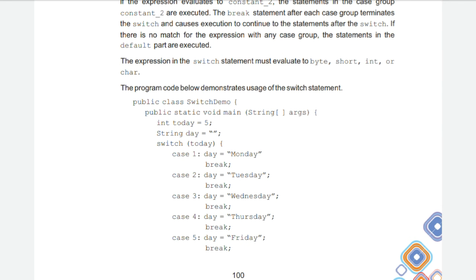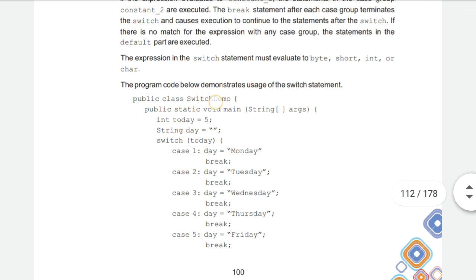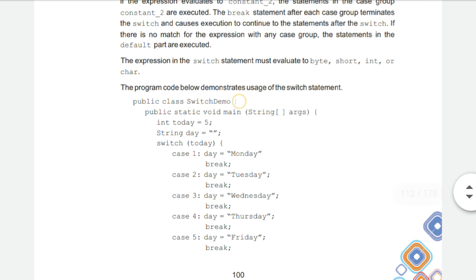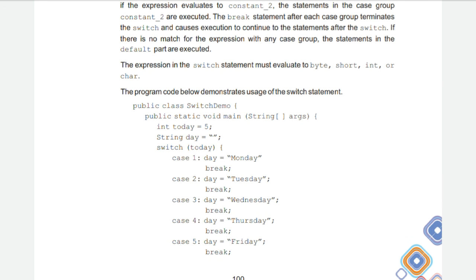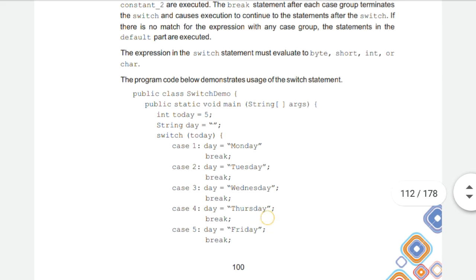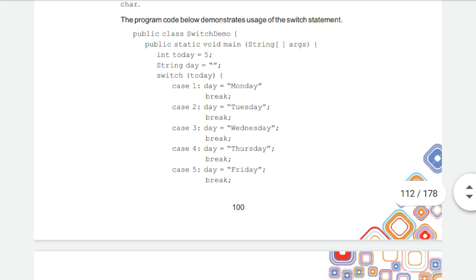This was the structure of the switch statement, and now let us consider an example. In Java programming, the first line is public class SwitchDemo. It is the class, and inside this class there is the main method. Inside the main method we write our code for the program. Here you can see public static void main.